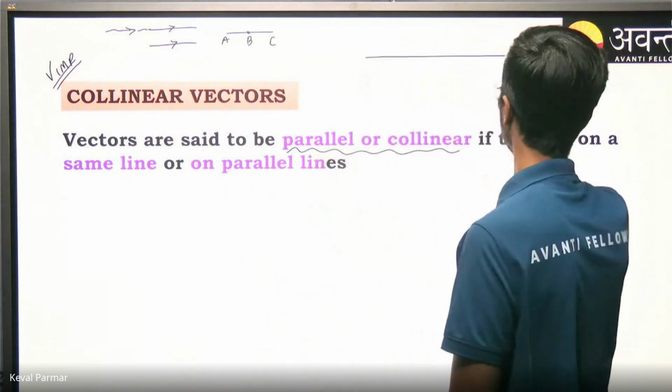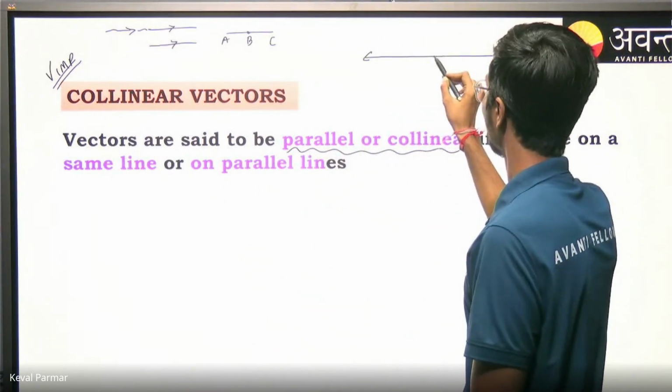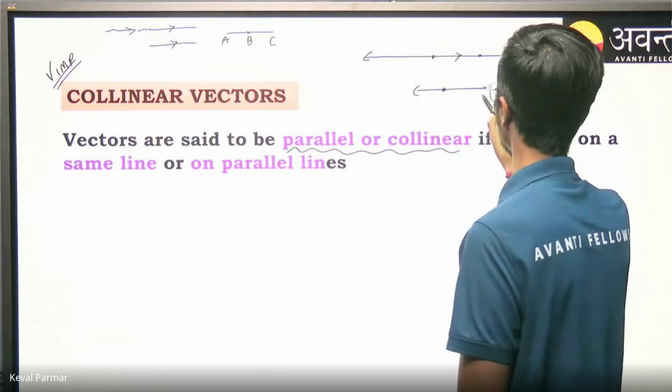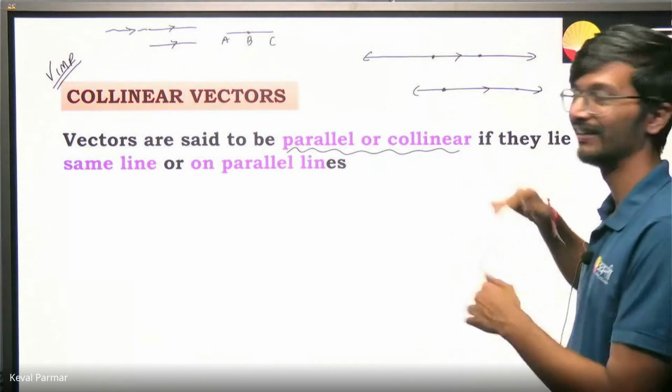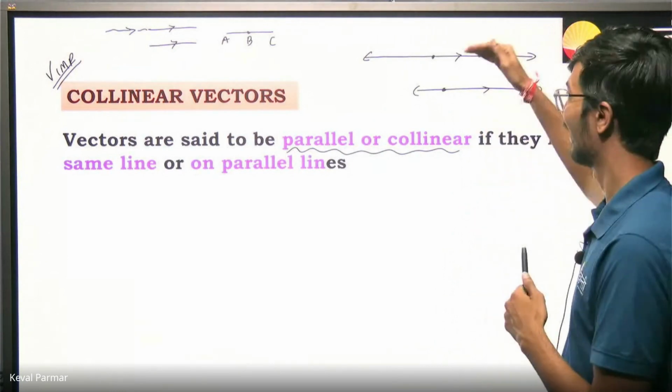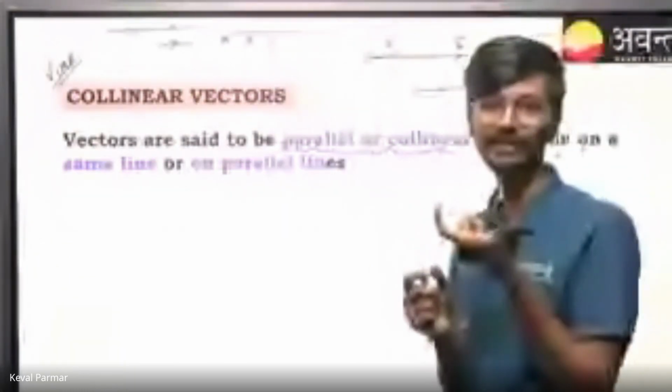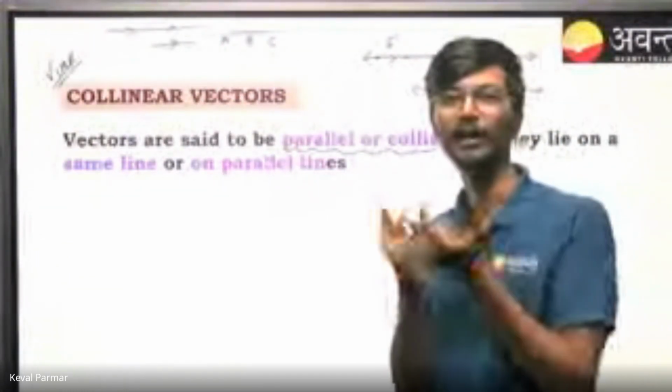That means, let this be a line. There is a vector lying from this point to this point, and there is another line with a vector lying from here to here. So these are parallel lines where vectors are lying on these lines, and A bar and B bar are parallel. It doesn't matter whether we use collinear or parallel, because in vectors it means the same thing. So A bar, B bar from the diagram are parallel, and if I move this vector here,